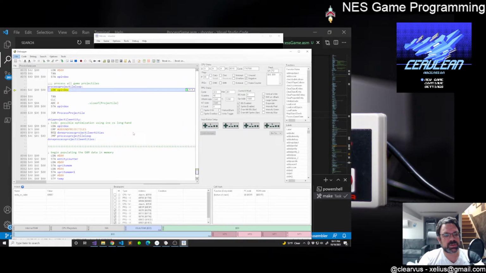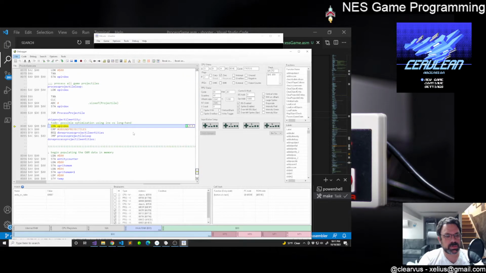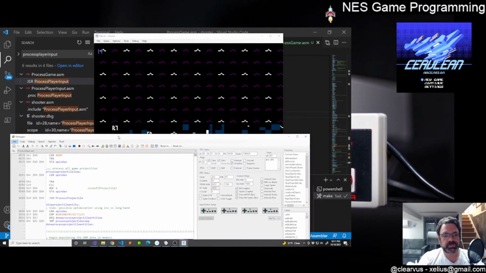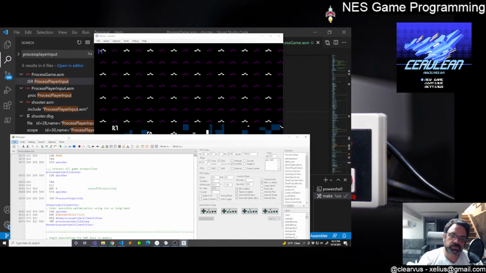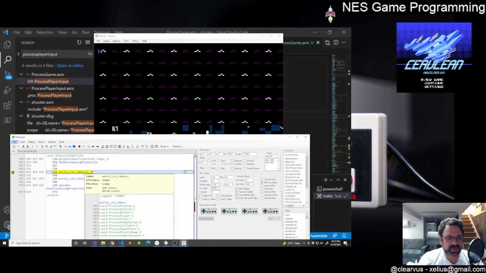And then it's going to just keep looping through, basically, which all the rest are nothing. So what I don't understand is why that is not actually processing